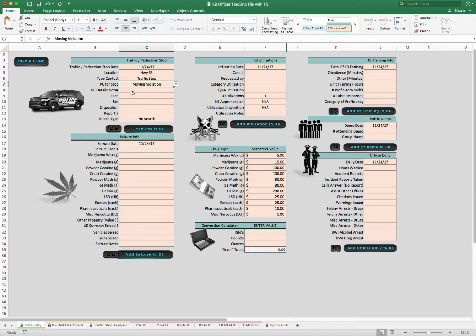What type of probable cause I had. It gives me a drop down box. I can select these options. And let's say this was for speeding and I wanted to track that. And give me some drop down boxes. A white male, and there was a warning given, and no search. So once I enter this information, all I do to add this to my database is click